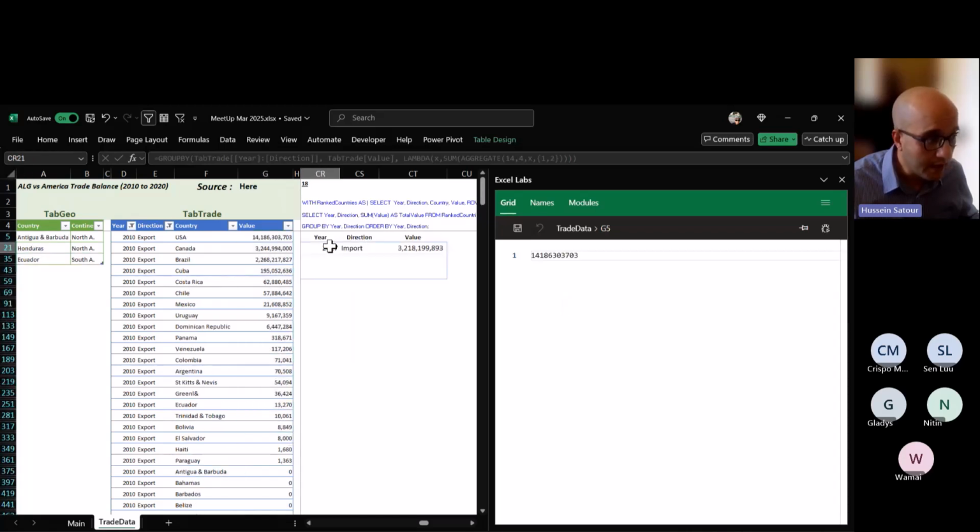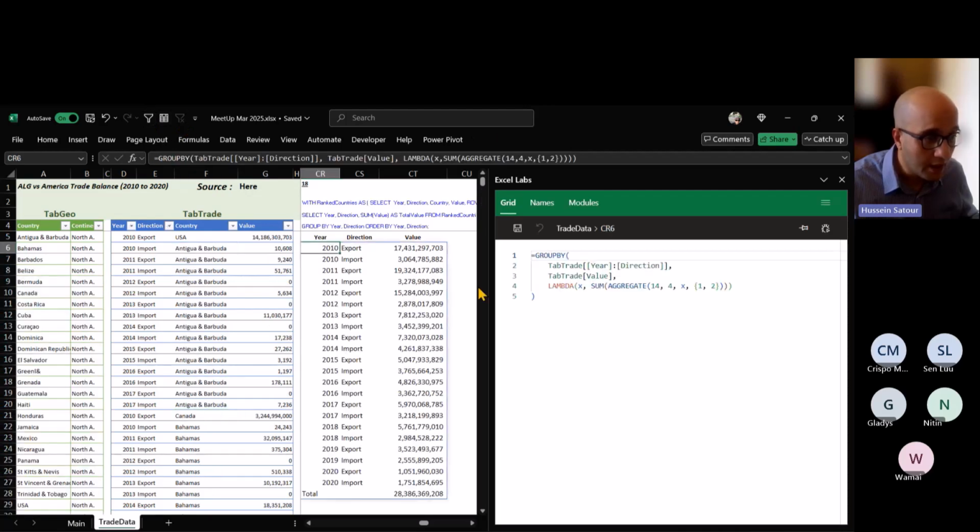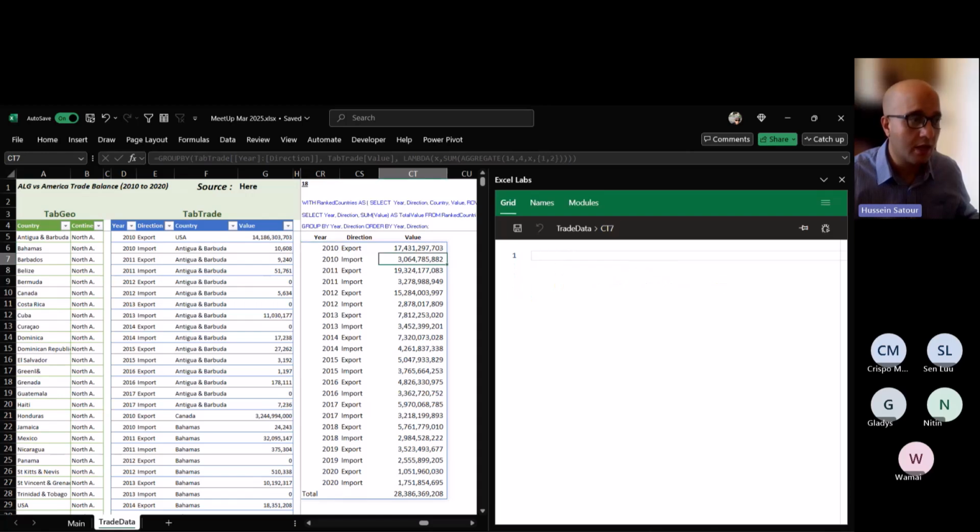So the function here, I filtered so we cannot see it. Okay. Here, what this function will do, with the X, which corresponds, I repeat, to the values filtered for 2010 and export, it will get the highest values, aggregate 1 and 2. After getting these highest values, it will sum them, and now I will get for each year and direction the sum of the highest values of my